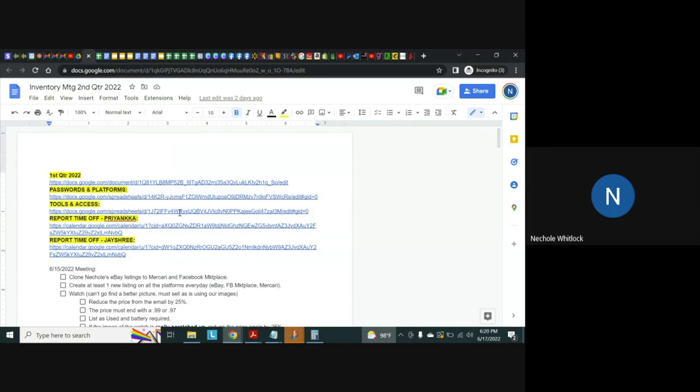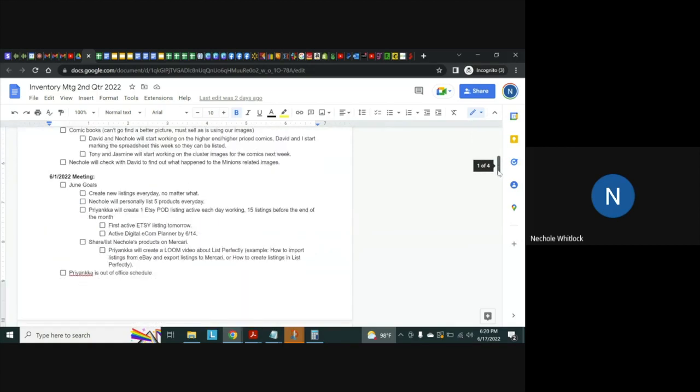Everyone has access to the tools. That's all the stuff that I bought to be able to create stuff, so they have access to my Canva account and all that other stuff. They report time off. I have 2 VAs who are part of the inventory team, and we go through the listings of the stuff that they're working on and what kind of problems they